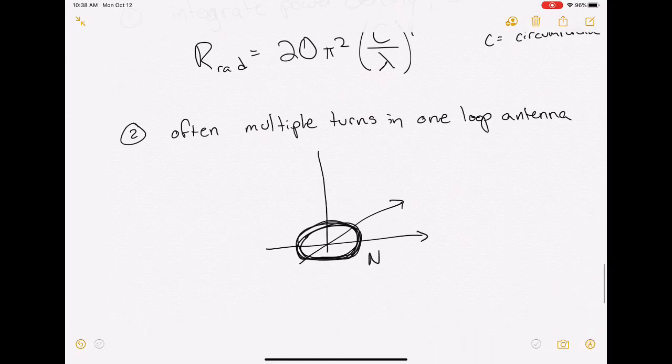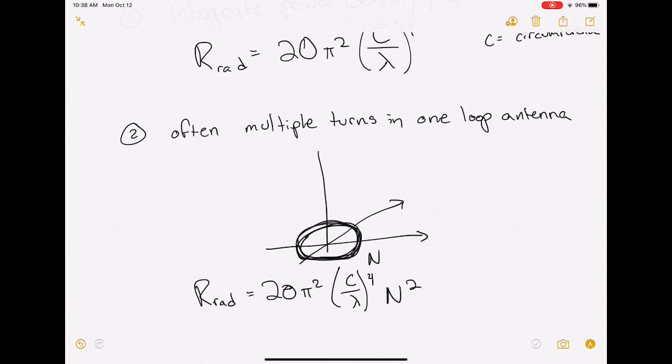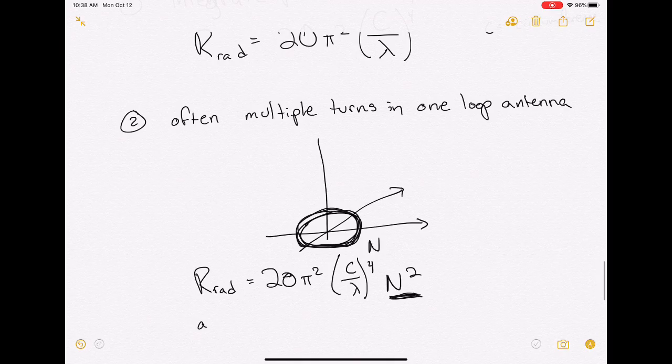And if that is the case, then the radiation resistance is 20 pi squared c over lambda to the 4th times n squared. So that's a big win, because the radiation resistance goes up with the square of the number of loops. This is great, as long as